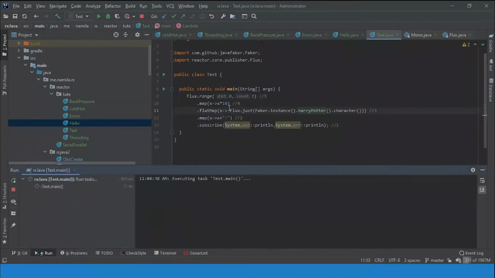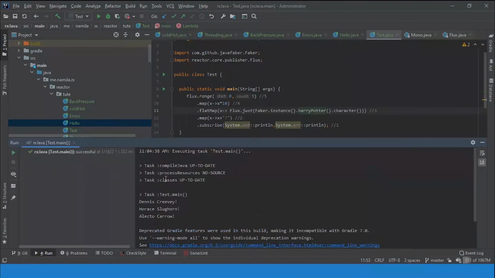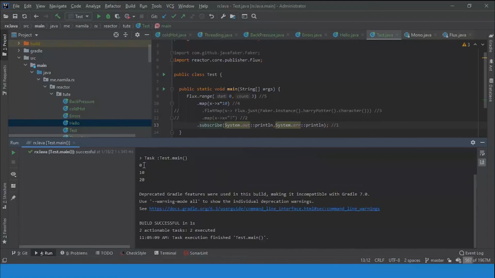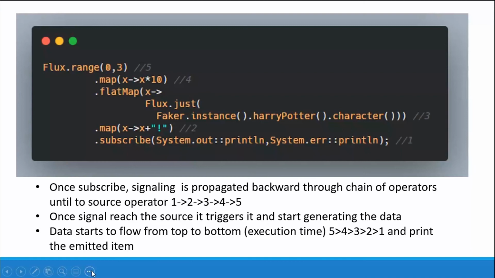So you can see it's emitted. Then there is some character form and added explanation, another character, and another one. So we start from 0 and emit 0, 1, 2, 3 from this one. I will show you what will happen without these two, just numbers 0, 10, 20, right? So let's see what happens in this one. You got the example of what I'm saying?